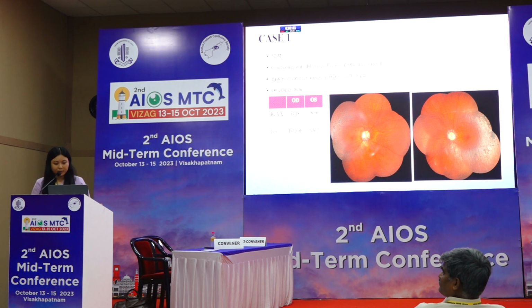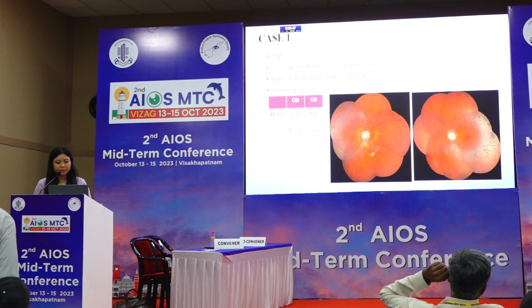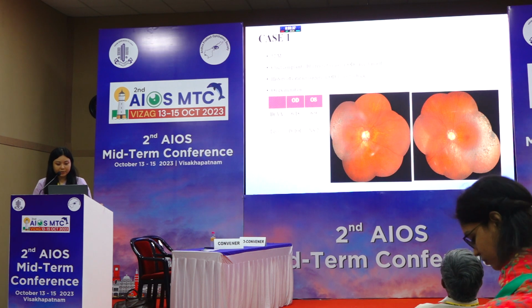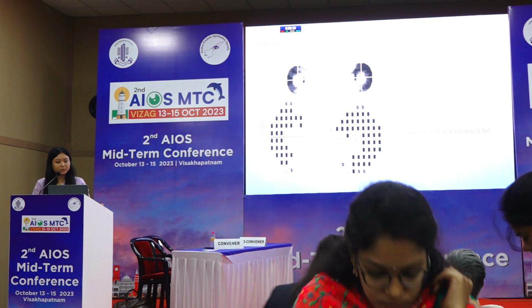Case 1. He was a 52-year-old male coming with the chief complaints of blurring of vision in the right eye since 3 months. He had a history of cataract surgery in the right eye 3 months back, and on examination, the BCVA in the right eye was 6/18, in the left eye it was 6/9. PCIOL in the bag was in the right eye, and the left eye had NS grade 2 cataract. So this was the 30-2 Humphrey